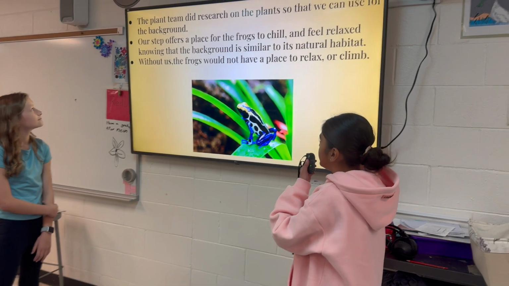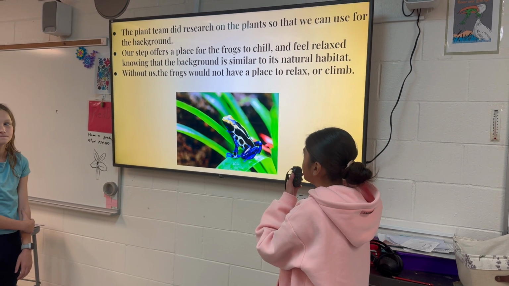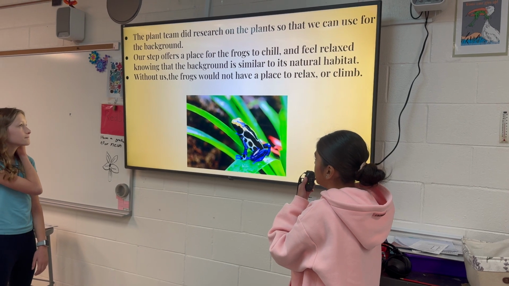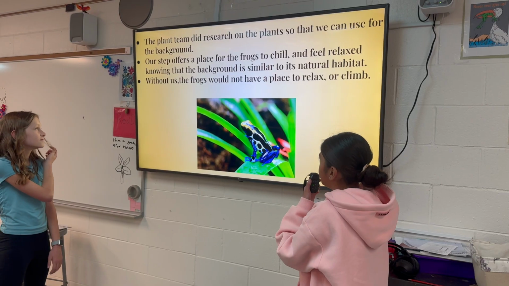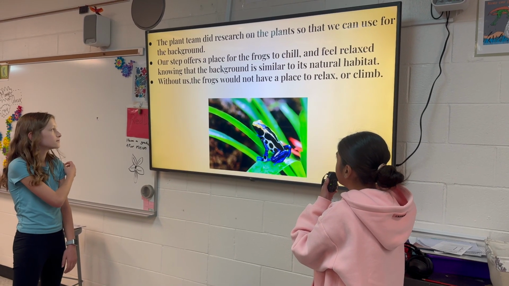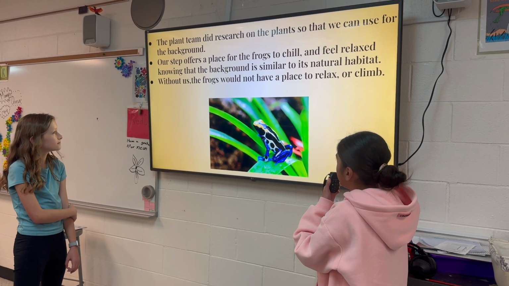The plant team did research on the plants that we could use for the background. Our step offers a place for the frogs to chill and feel relaxed. And knowing that the background is similar to its natural habitat, without us, the frogs do not have a place